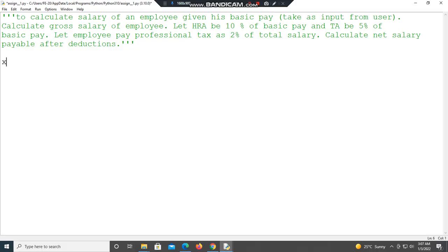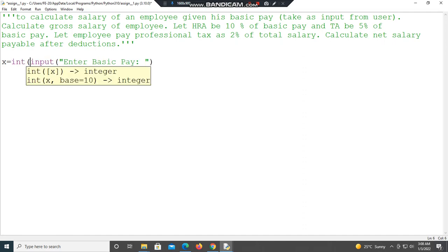So how are you going to take it? x is equal to input, the basic pay. Here you have taken the value from the user side, but whatever values you take from the user side will be in string format, and salary will not be in string format, right? You need to convert it into an integer. So write down int.